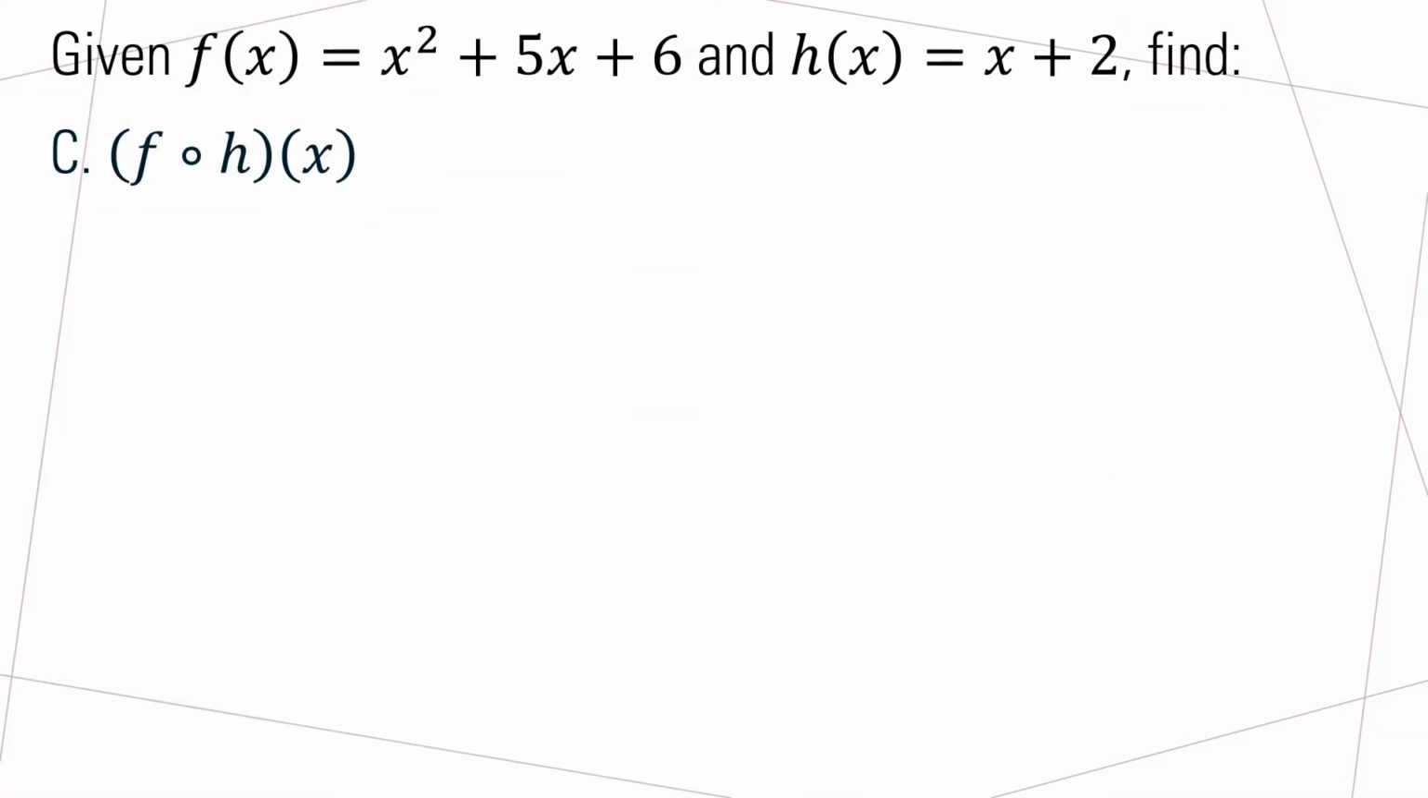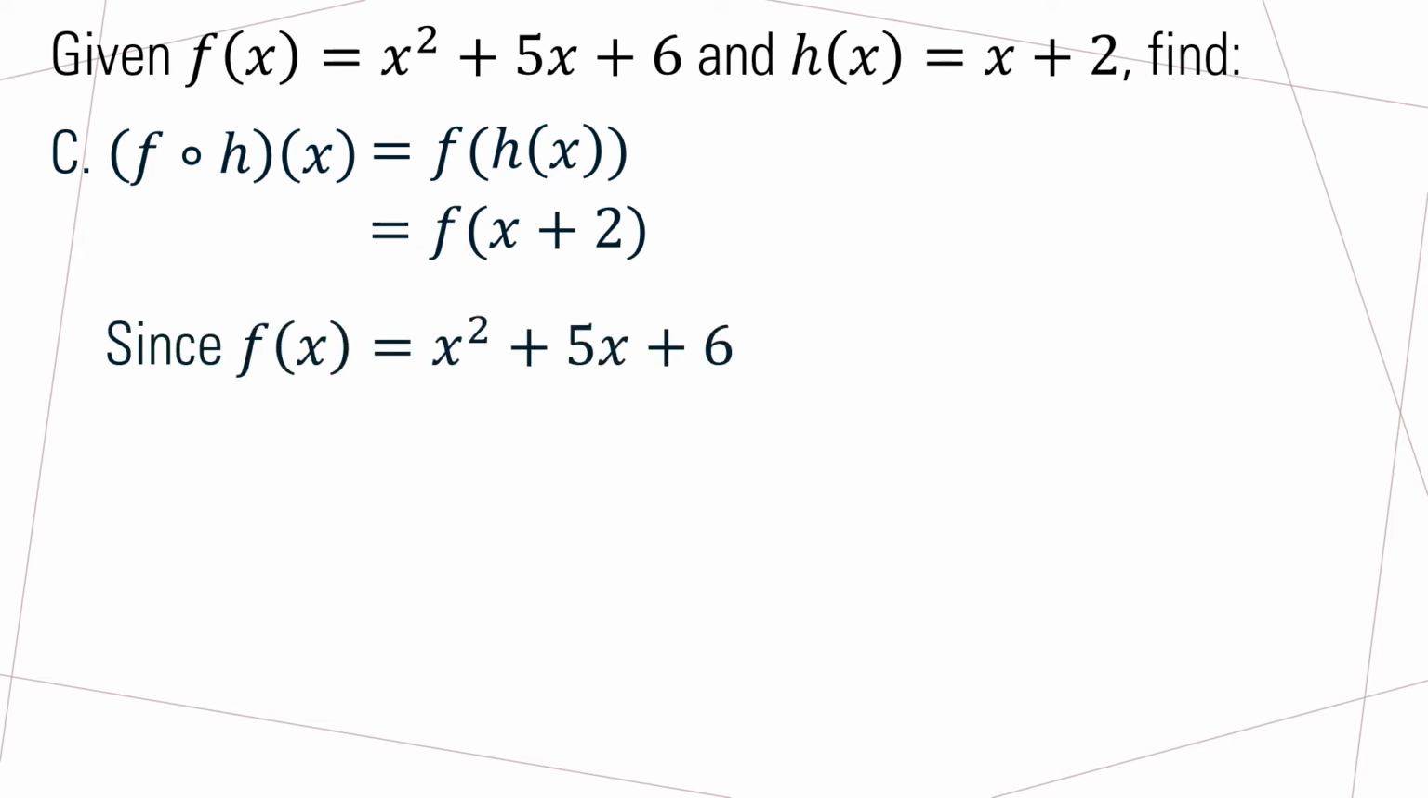Another example, given f of x is equal to x squared plus 5x plus 6 and h of x is equal to x plus 2, let us find f of h of x. Again, this is equivalent to this form. And based on our given, our h of x is equal to x plus 2. Therefore, we are going to look for f of x plus 2. And since our f of x is equal to x squared plus 5x plus 6, replacing or substituting x